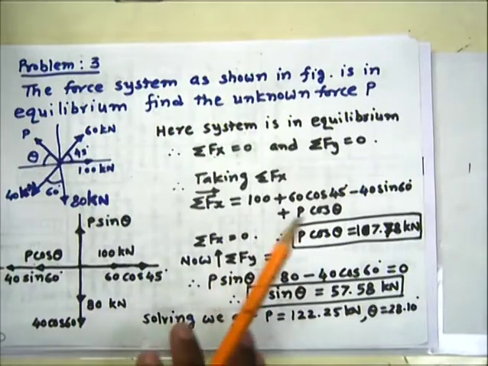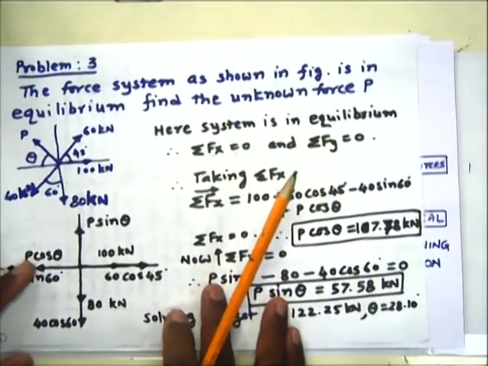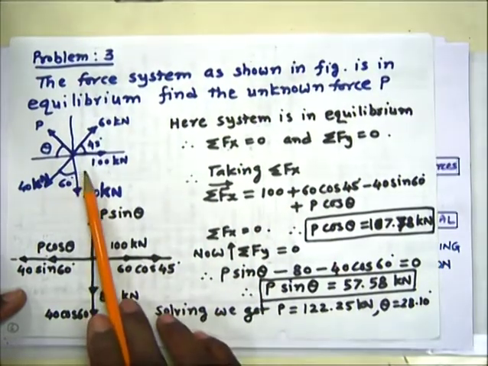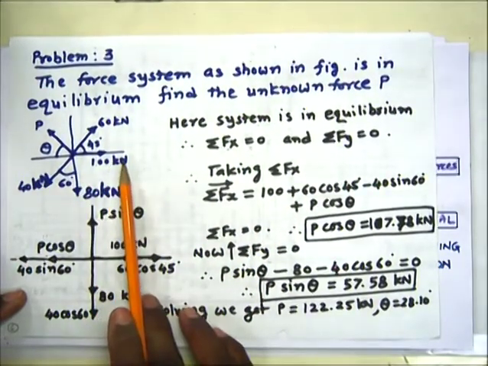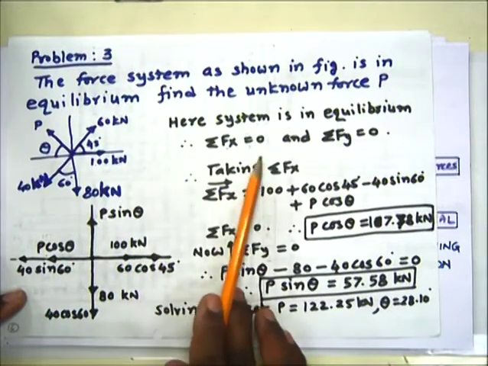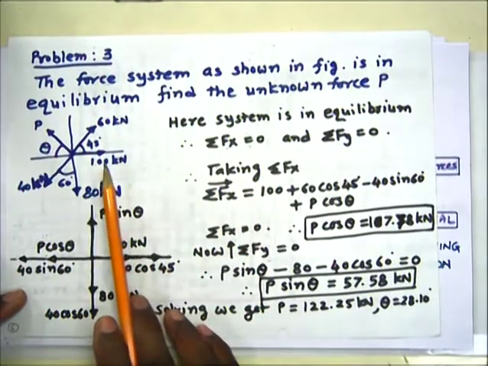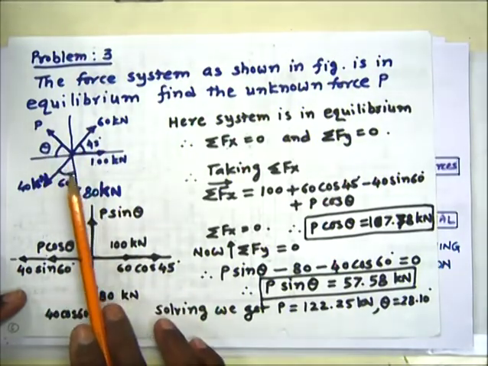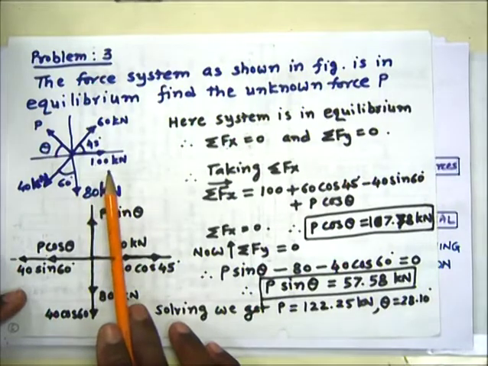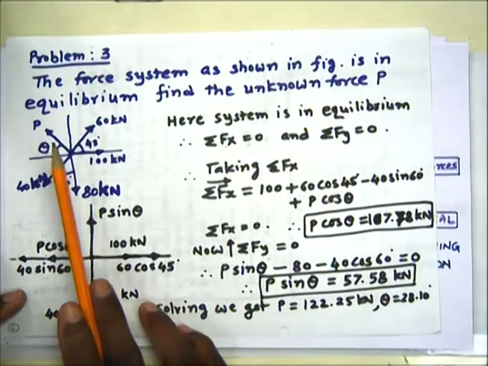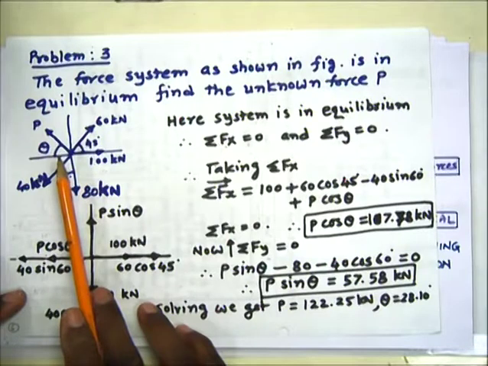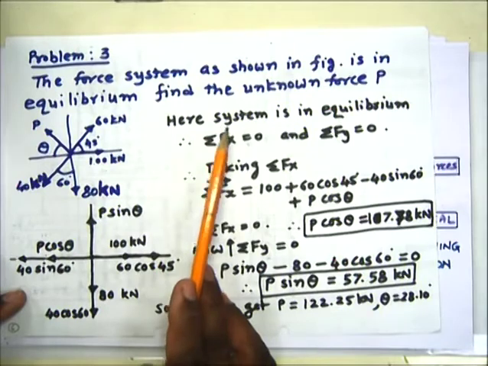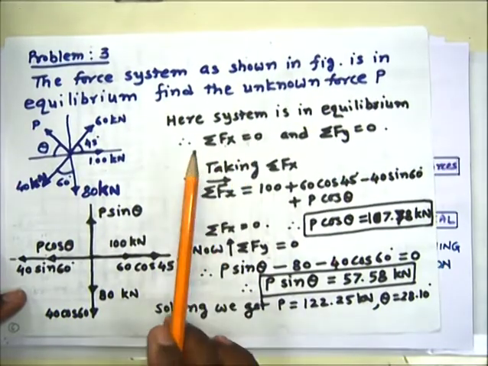Now next, suppose we are given the force system shown in the figure, which is in equilibrium, and you are asked to find the unknown force. So here the forces are 1, 2, 3, 4 and 5, and the unknown is P and its angle with the negative x-axis is also unknown. So we can find the unknown force P by means of